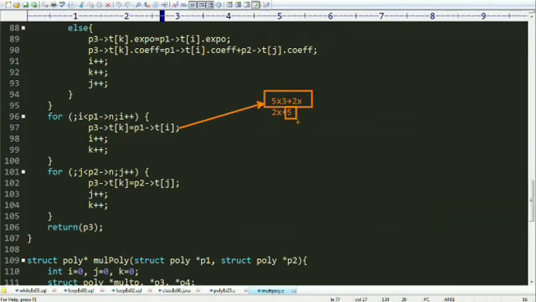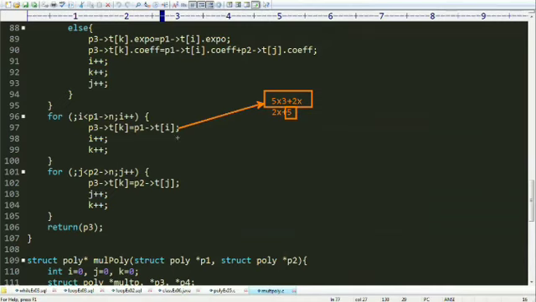We need to copy this 5 to the resultant polynomial. When the second polynomial has terms not present in the first polynomial, the while loop will not execute or will not touch 5. So I need to just copy this 5, the 0th term of the second polynomial, to the resultant